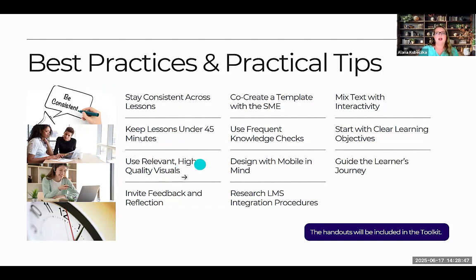Using really high quality visuals, I created most of them in my other favorite, Canva. I know lots of people really like Adobe, and it's great too. And I have used that as well. But Canva seemed a little bit easier, and it was easier for me to help teach the subject matter expert how to use, because she already had access to Canva. So she was able to make a lot of the visuals.